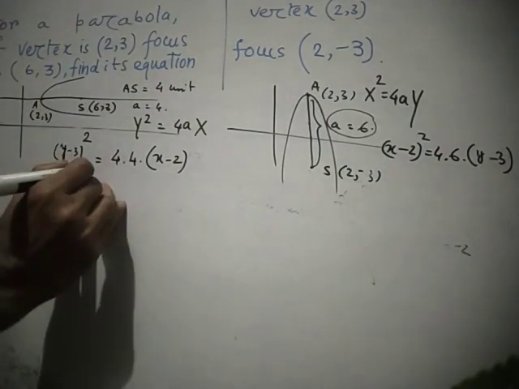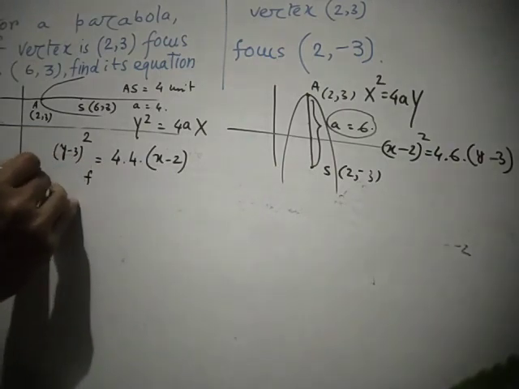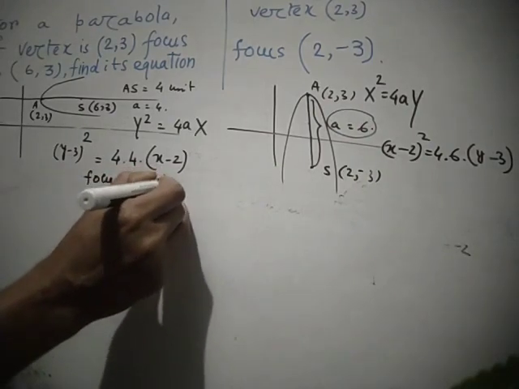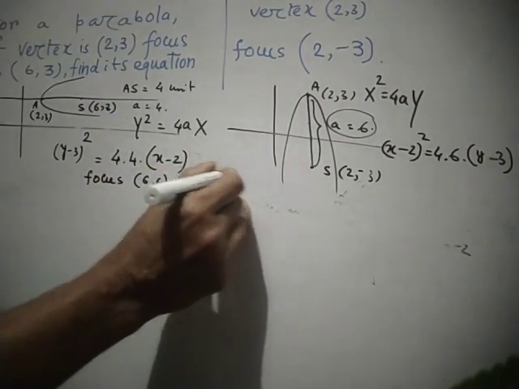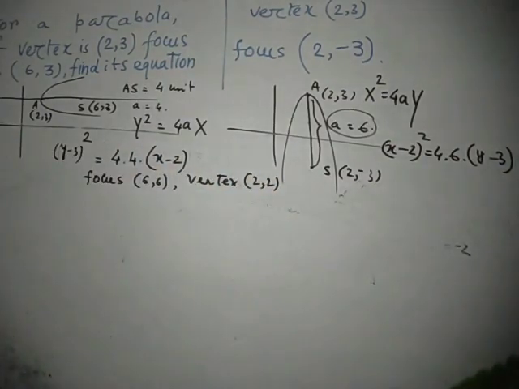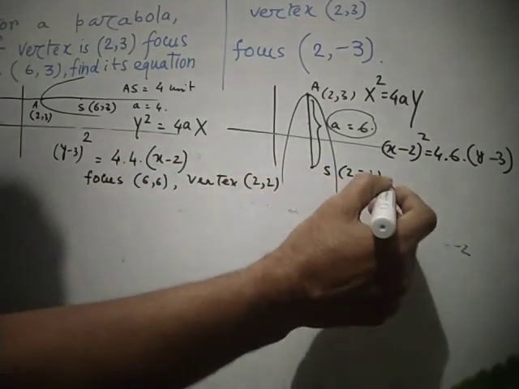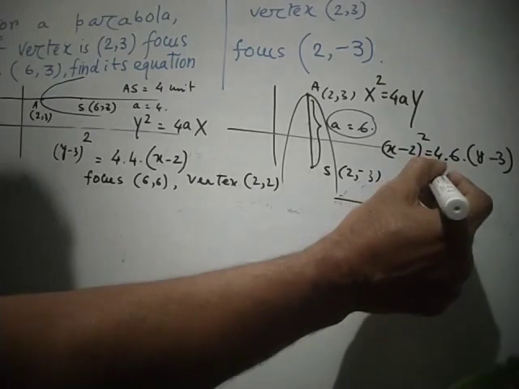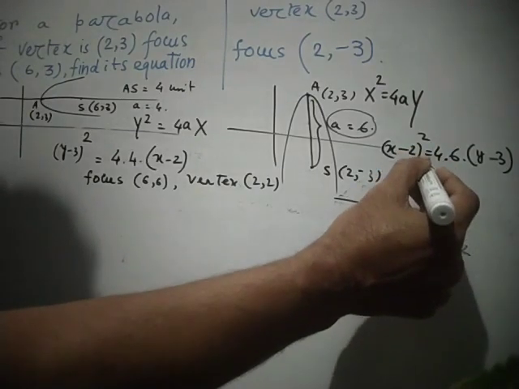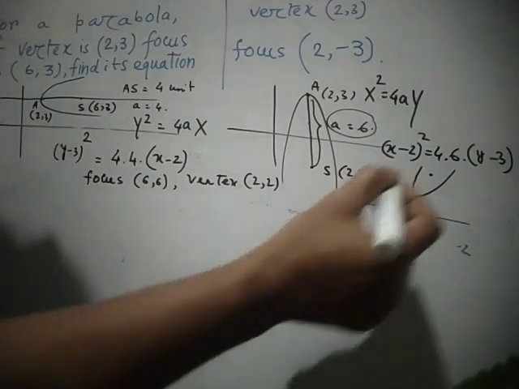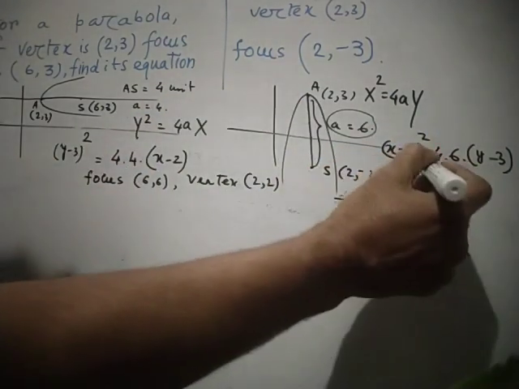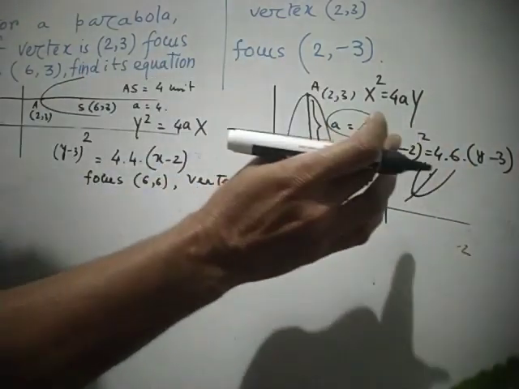If the focus is given as (6, 6) and the vertex is (2, 2), then none of this we can follow. Why? If we plot them on the axis, you can understand (2, 2) is this point and (6, 6) is this point. So the parabola would look like this. Obviously the axis is not parallel to any of these lines, so this time we can't do it this way. Then we have to